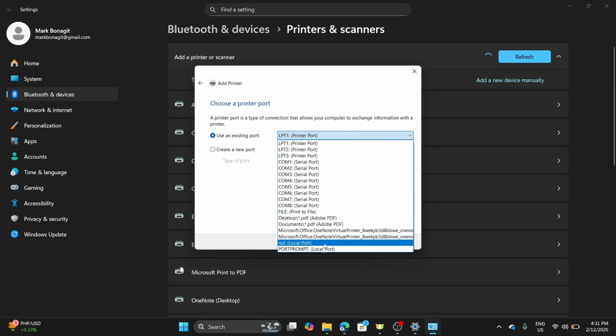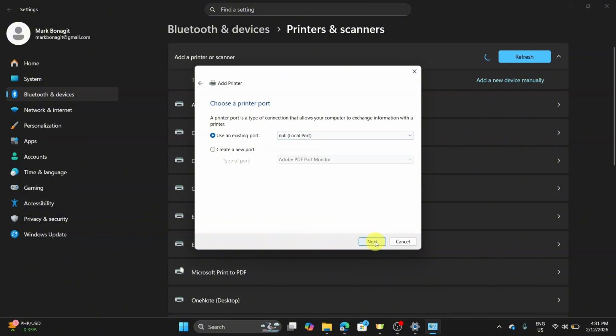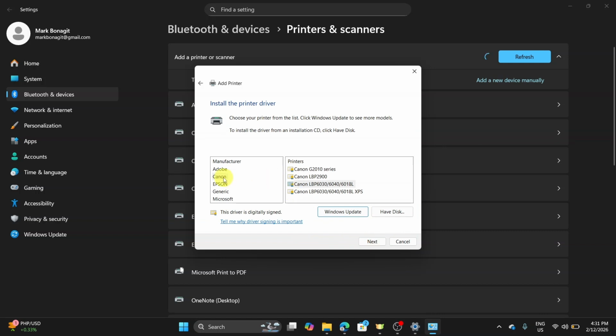However, as you can see, in my case, I don't have any USB port, but if you do, make sure that you choose that. So I'm just going to choose here null, and then click on next. After that, just choose the manufacturer right here, which is Canon, and then we're going to click on have disk,